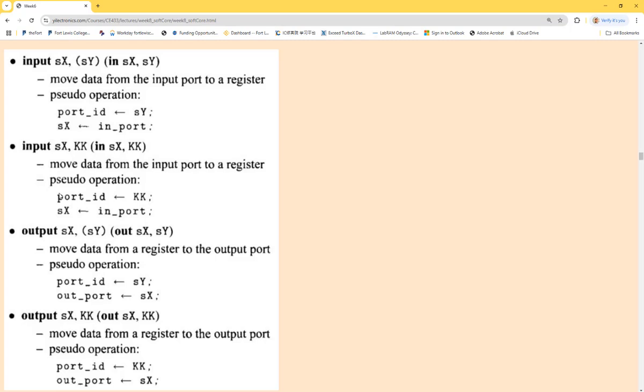And so you can see the input instruction, you can directly receive. You can use the address of the port in a register, or you can use the address of the port as an immediate value here, or a byte over here. Either way, it could be this or it could be this. So my question for you guys is,